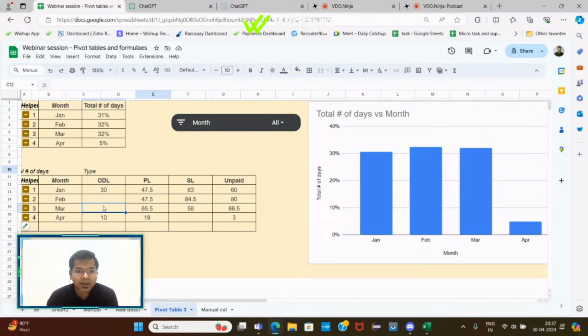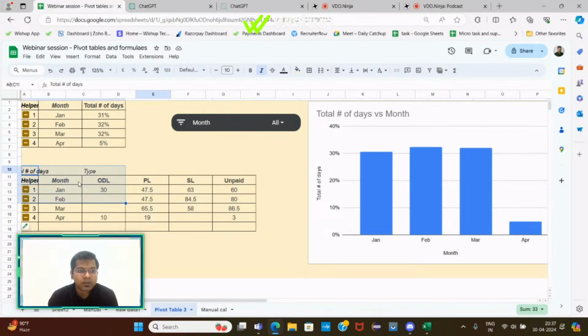Yeah, and PLs were taken evenly, but then there are a lot of unpaid leaves. Yeah, guys, I think PL are quite normal. SL is also normal. There is a kink here, a jump in SL, but I see a huge number of unpaid leaves. So maybe what I can do,